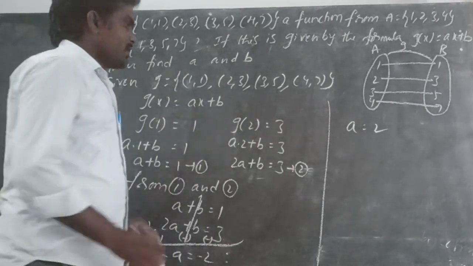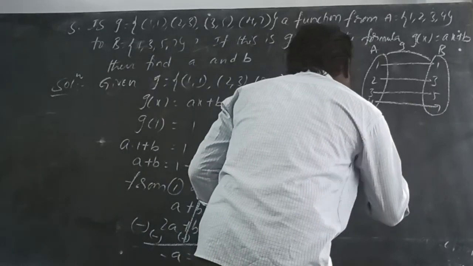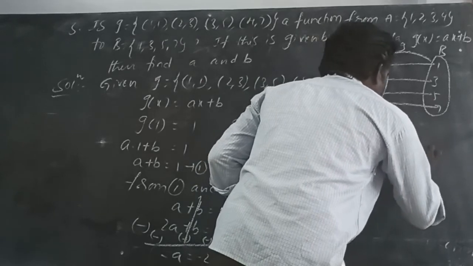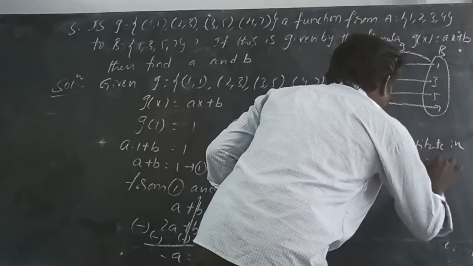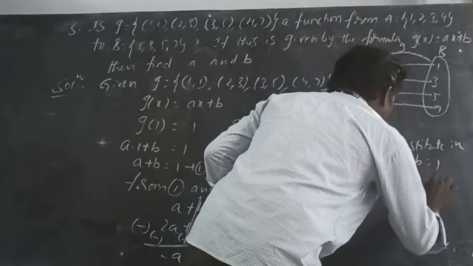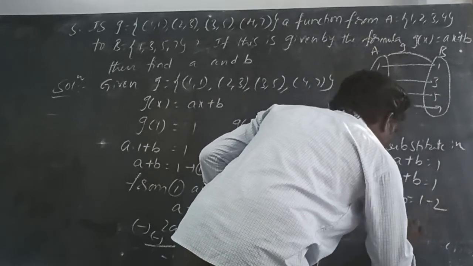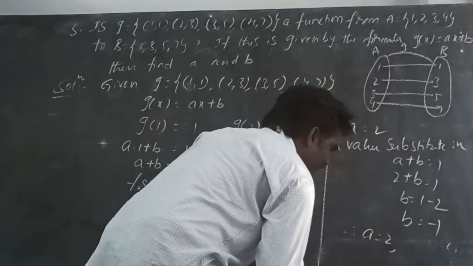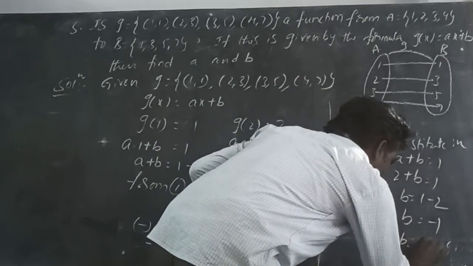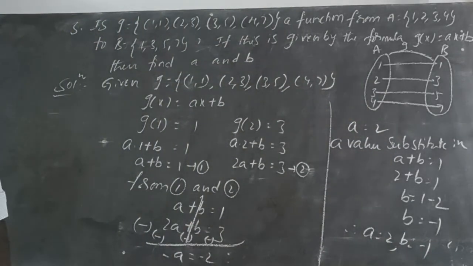Now substitute the a value in a plus b is equal to 1. That is 2 plus b is equal to 1, so b is equal to 1 minus 2, which is minus 1. Therefore the values are a is equal to 2 and b is equal to minus 1. Okay, now